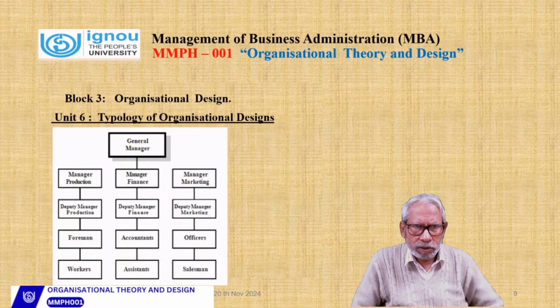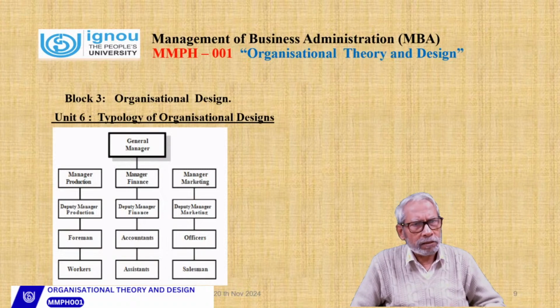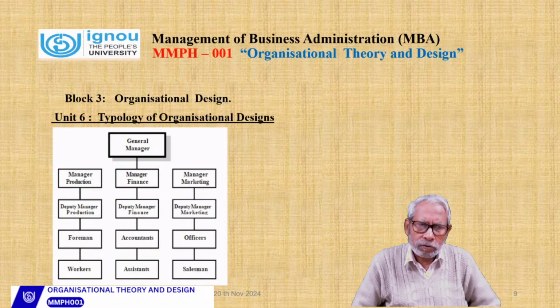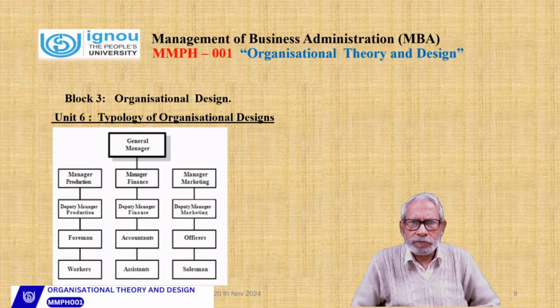Now this is one of the typical topology organization designs that has been given. You see there is a particular vertical position and totally in a line section. So general manager, then he is the head superior, then manager finance, deputy managers, finance, accountant, and assistant. So assistant will report whatever the things, billing or all these things he can make and present to accountant. Accountant will again review and ultimately he will approve or recommend to the deputy manager finance, and deputy manager will again further forward to manager finance, and finally it will reach the